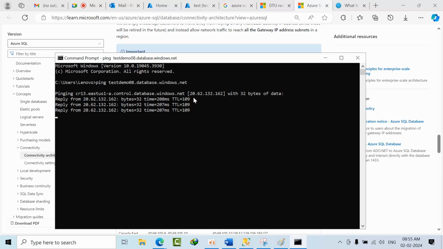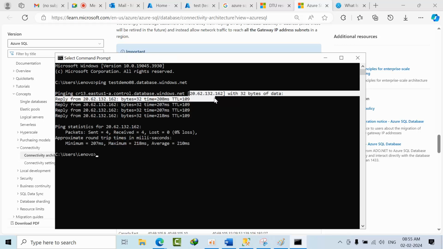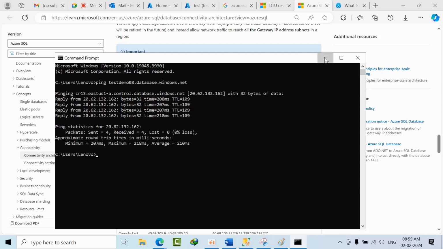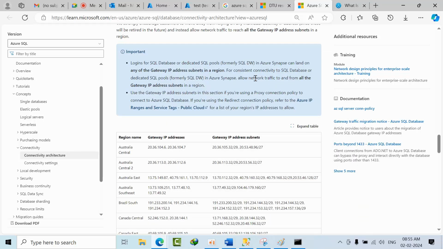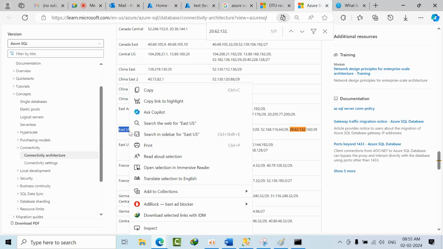See, I am getting this number, 20 dot 20 dot. You just copy it and remove the last character. Why? Because we have a subnet. So here, in the East US region, our SQL server is connected.